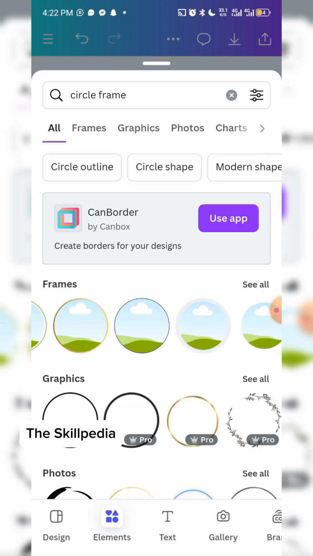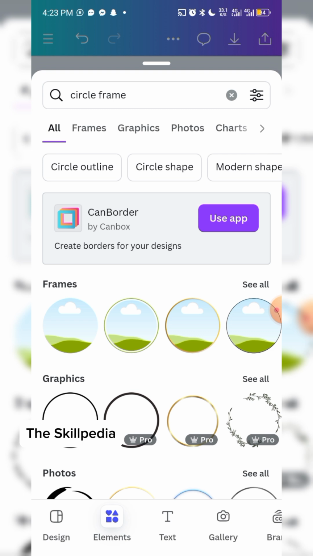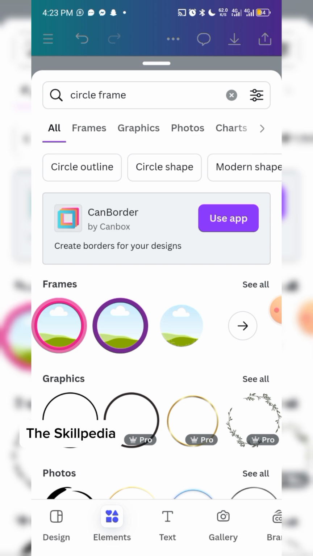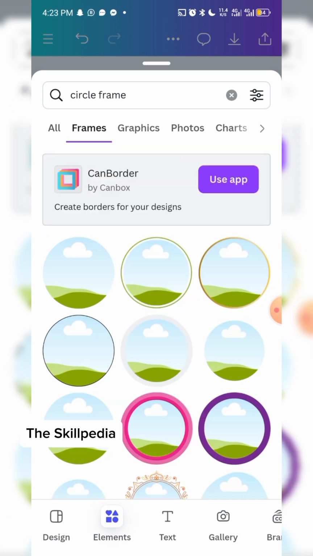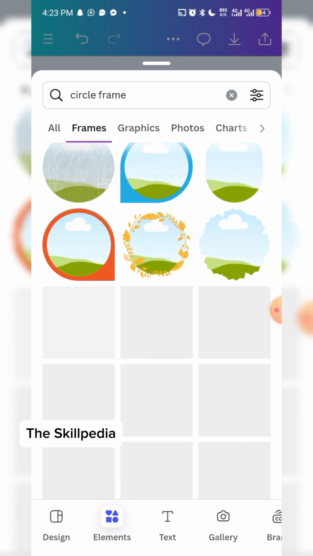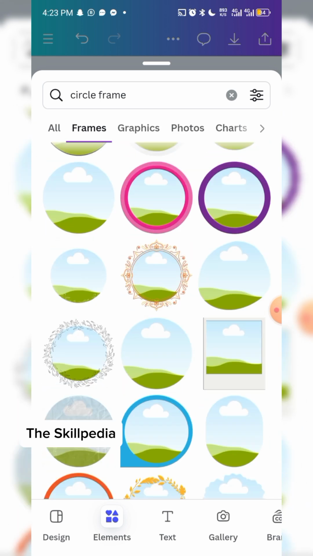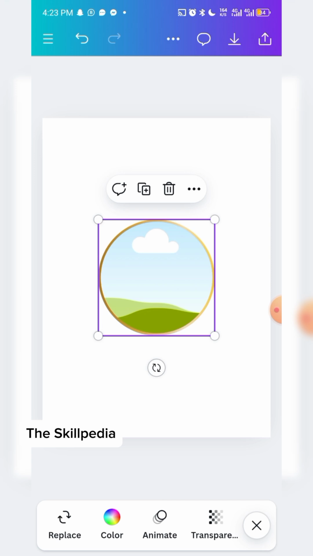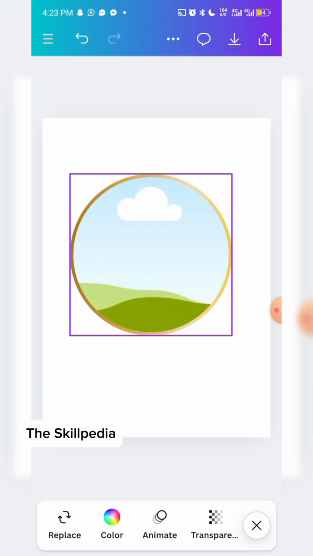So select this type of circle that you want. Look at this one, just your frame. Look at this one, look at this one, look at them. Just look at different types. You can explore and select the one that you want. So here I will select this one. So let's drag it like this,